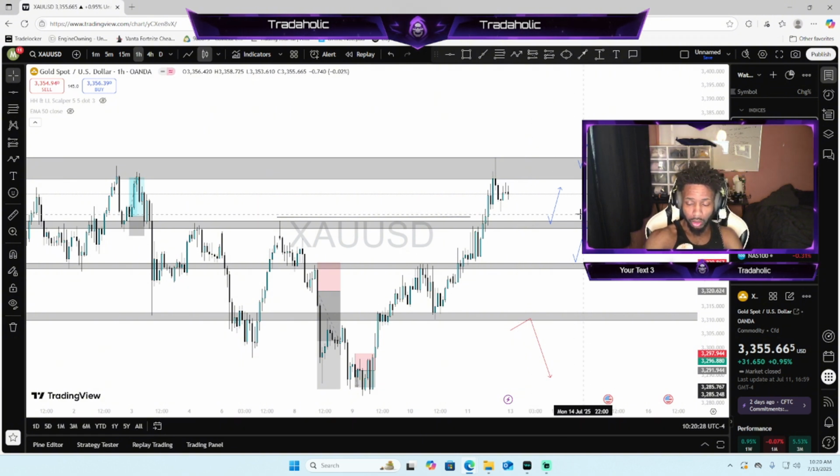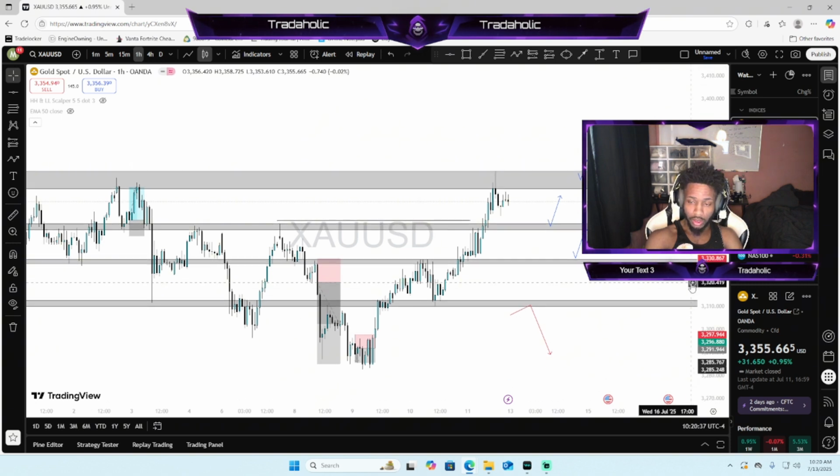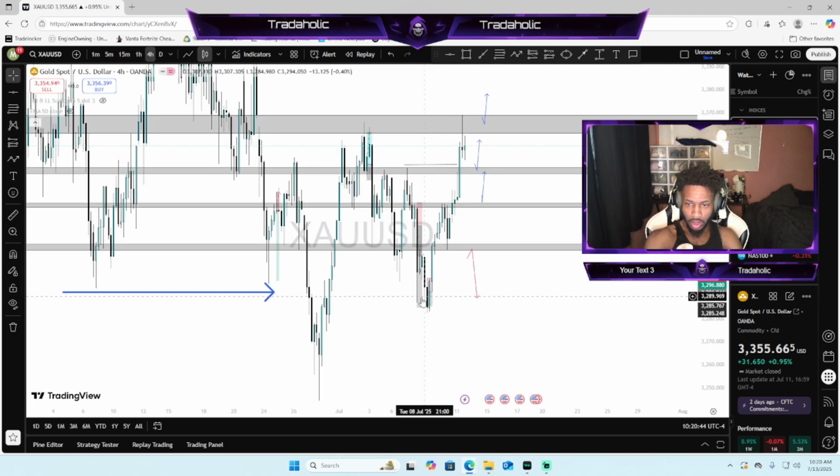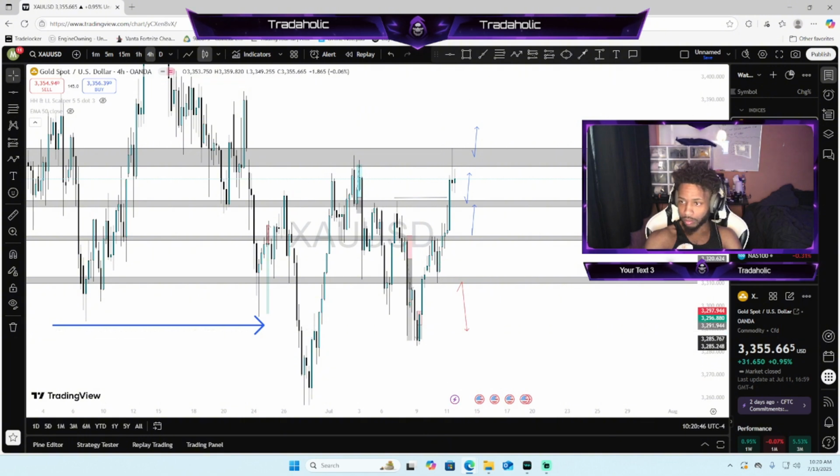Coming into London or New York session, I'll look to take buys off of this rejection, this break and retest, with structure on the lower time frames as I like to enter. But as far as sells, I'll be open to taking sells below here because this is the level where the 4 hour decides to shift back into bear structure. We can look to target these lows.